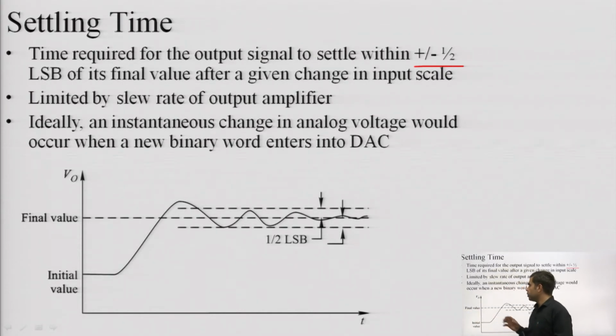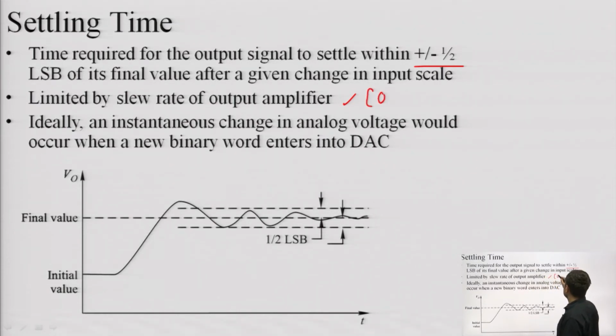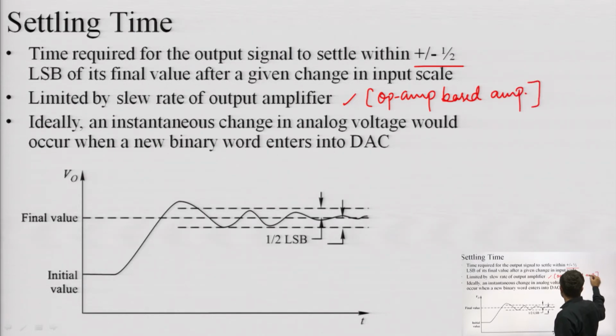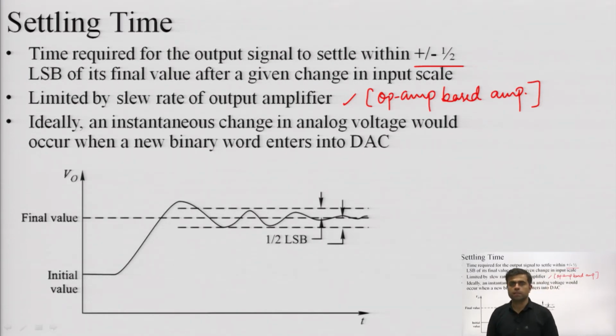that point, till it becomes exactly constant. Okay. So from that point of view, it is the definition of settling time, limited by slew rate of the output amplifier. In the output amplifier we will be using an op-amp based amplifier. So it depends on the slew rate of the op-amp. Slew rate is how fast an op-amp or an amplifier can change its output per unit time. That is beyond the scope of our subject. So for the time being, we can simply remember it as the higher the slew rate, the faster will be the